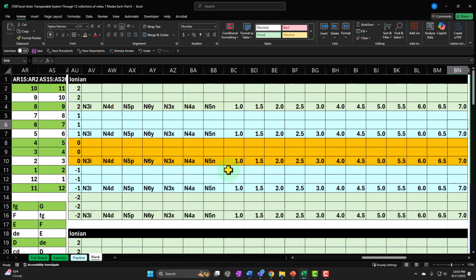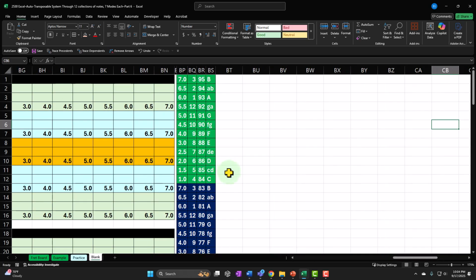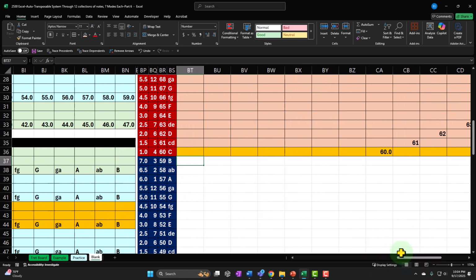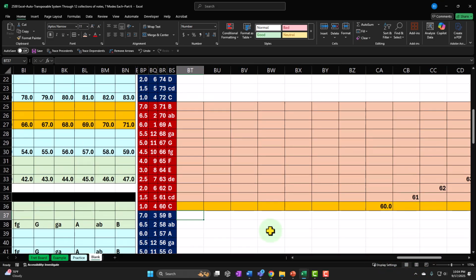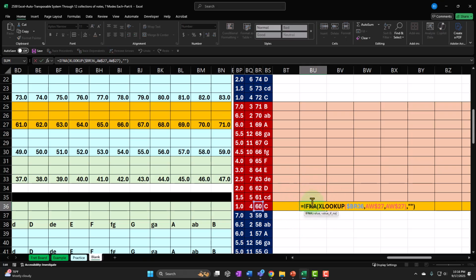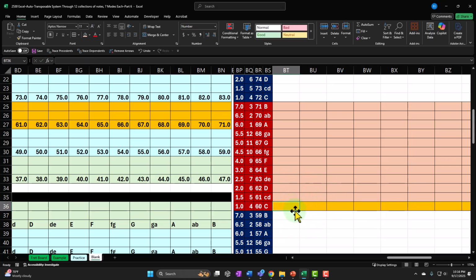So let's go back on over and say, all right. What I would like to do, I could stack this together. It's going to be more complex than that, however, because I'm also going to have to take into consideration the octave. But let's first just think about it this way and say, how can we make a formula? I can say something like, well, let's do an if logic formula. I'm going to delete what's in this cell because we already have that formula in the cell to the right, so that we can work in the cell that would be easiest to work within as we build a more